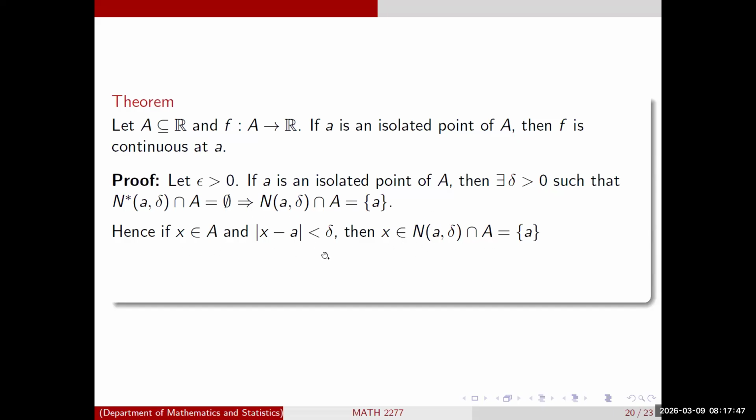Okay, so what we have here is equivalent to that point being in this delta neighborhood, and remember, intersection means belonging to both sets, and belonging to A. But A was an isolated point, so we know there's only one point in this intersection. That is A. Again, there's only one point in this intersection. So x must be equal to that single point A,